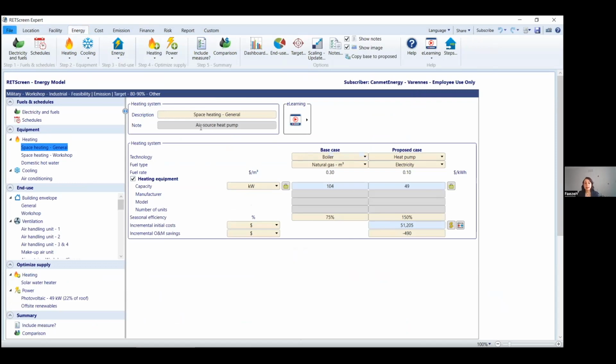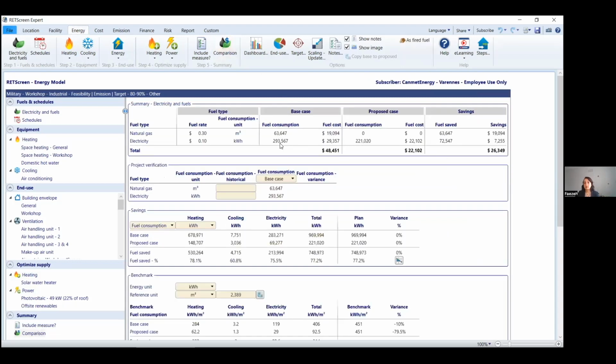But we can see that we have an air source heat pump with efficiency of 150%. So we know what is the reason for that. It's because we have a colder climate, so the heating load is going to be higher. When we switch to electric heating, it means that we are increasing the amount of electricity consumption of the building even more than the one in Vancouver. So to reduce that below the amount in the base case, we need to have a more